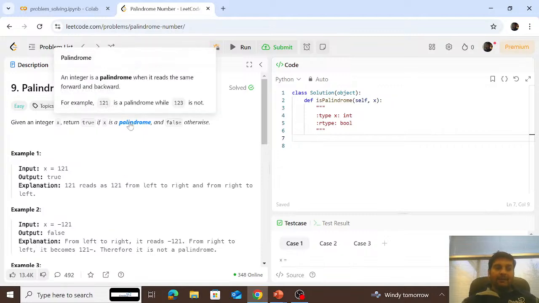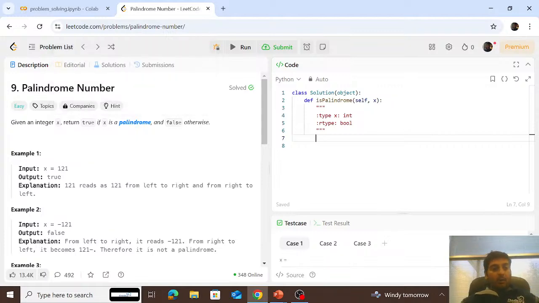Here, if you look at this definition, an integer is a palindrome when it reads the same forward and backward. For example, 121 is a palindrome while 123 is not. So for my first task, I can convert this x into a string. So I'll have y is equal to